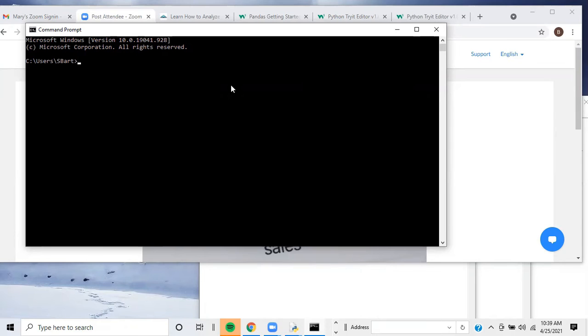For those of you who have downloaded Python onto your machine, with the Python download, you get the Python shell. You also get the text editor, Python IDLE. And you also get an installer called pip. And the way to install